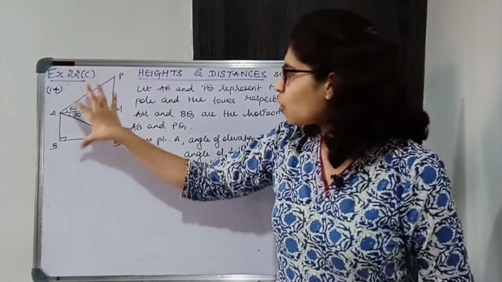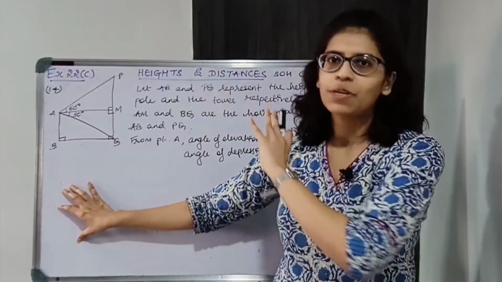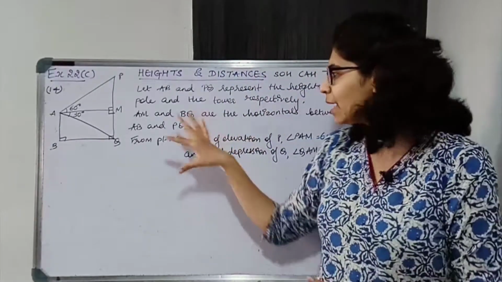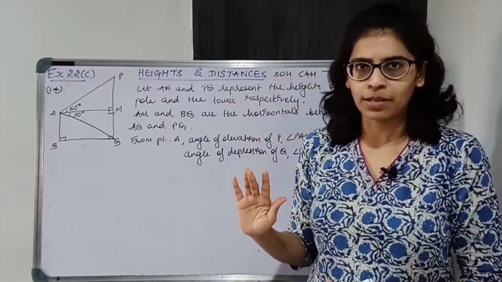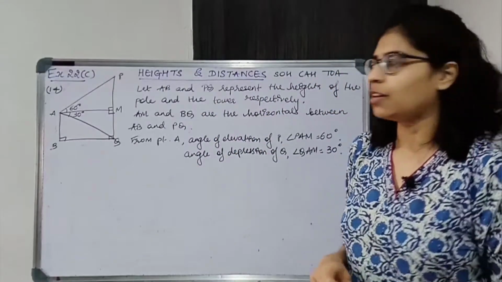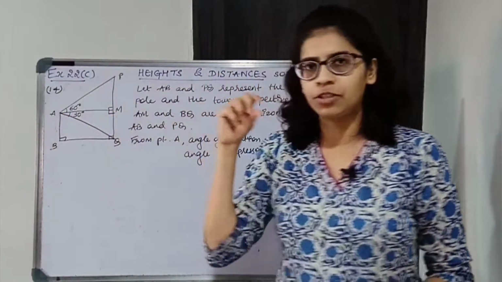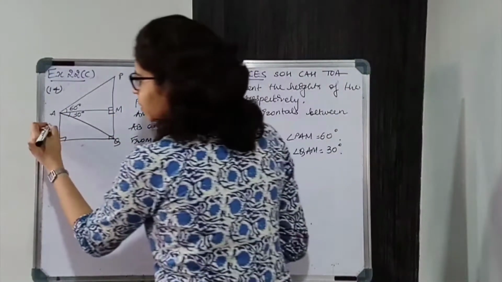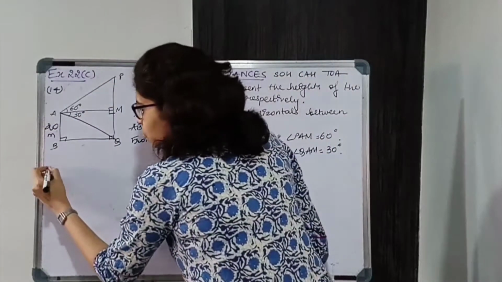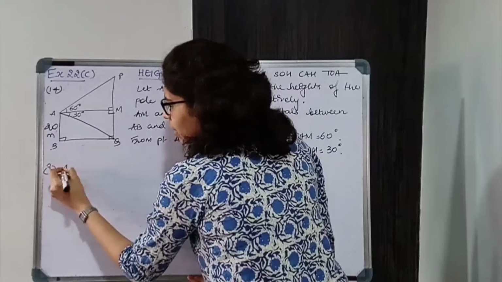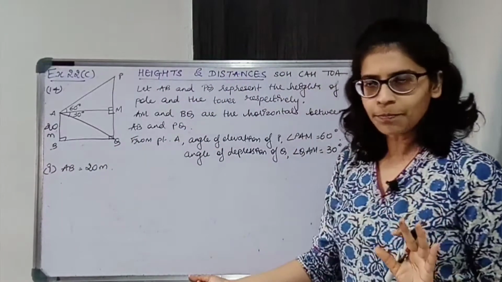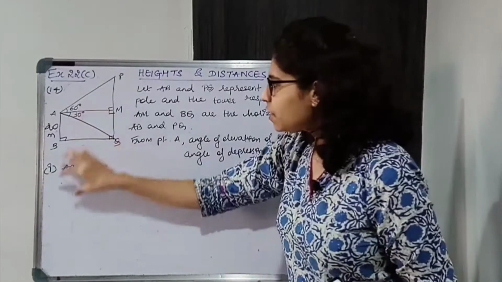Okay, so draw the diagram, but first leave some space for the given. So this given is common for both the parts, first as well as second part. ठीक है, angles तो same ही हैं, सिर्फ heights change हो रहा है. So for the first part, now what are you given? You are given the height of the pole and height of the tower you have to find. So AB you are given, that is 20 meters. We have to find PQ. So in first part you are given AB is equal to 20 meters. Okay, so just write this down. Okay, now draw this figure and then write this down.